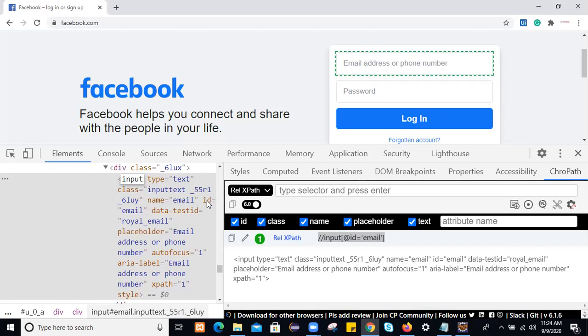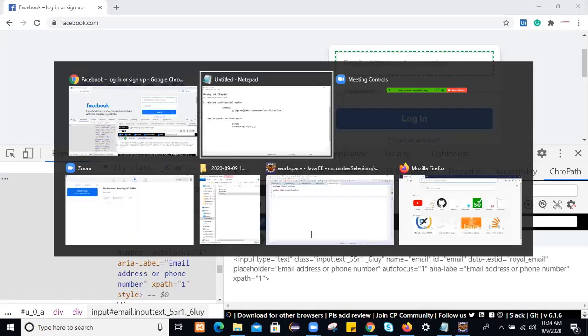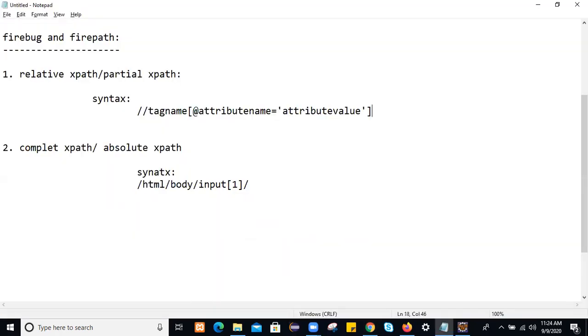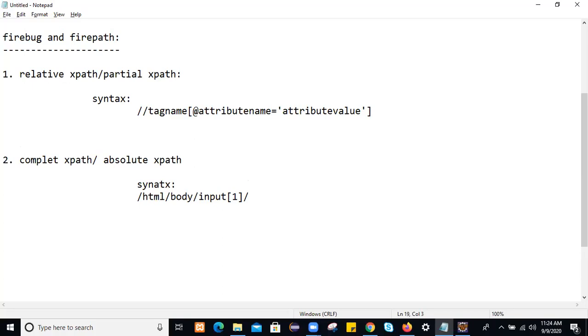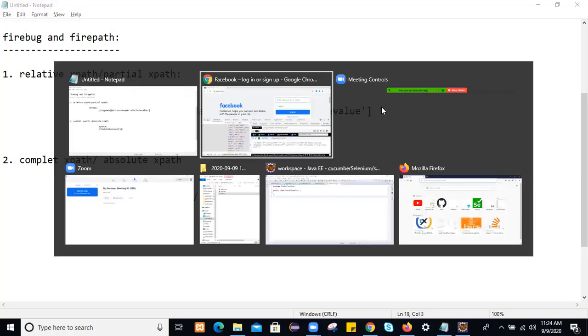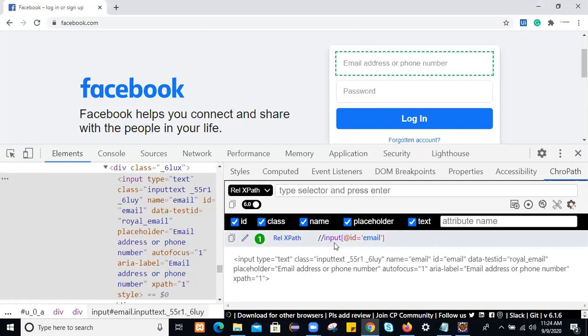Similarly, id is the attribute name and email is the attribute value. So which XPath is this generating? Relative XPath. Let me copy this and paste it here. This is not copied. Go here. So how to copy?